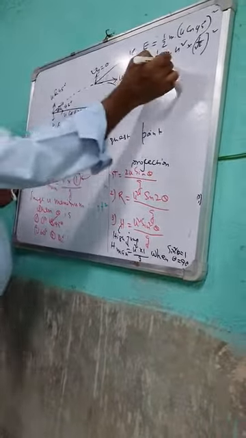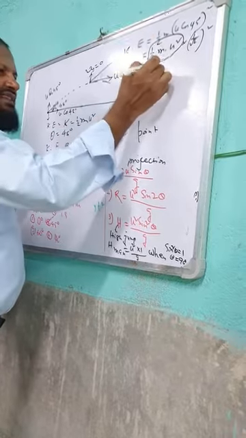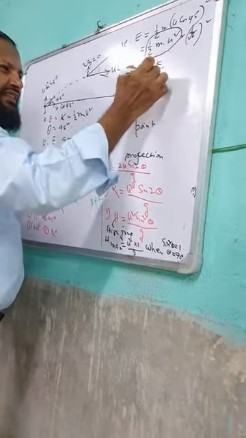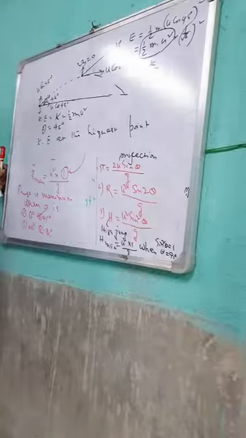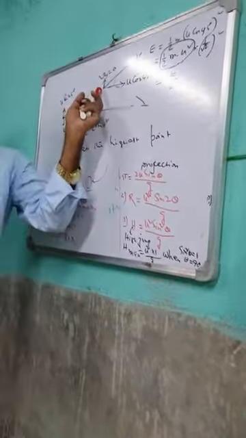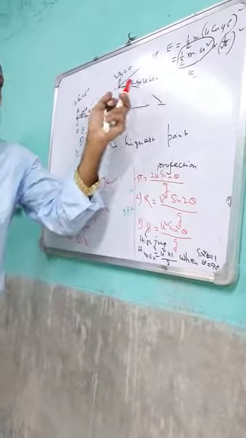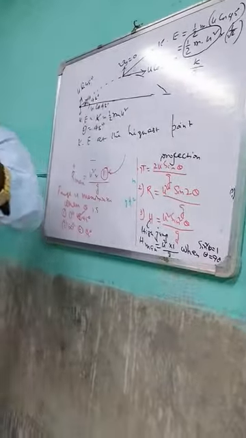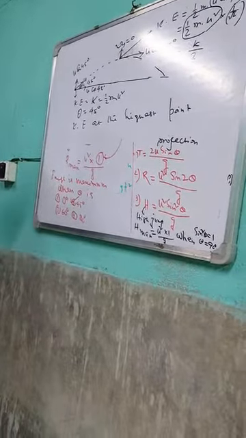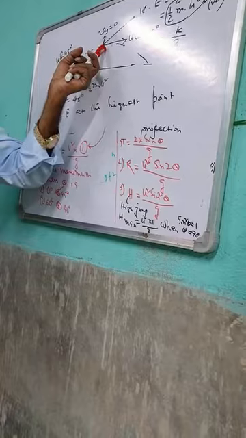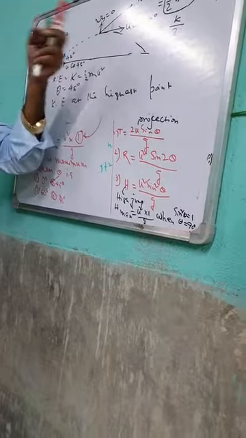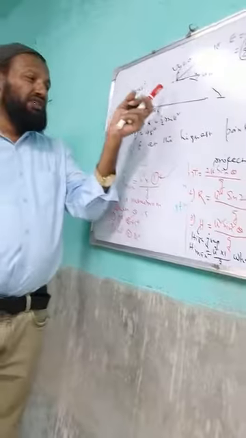Now this part is K and this part is the factor. Answer is kinetic energy at the highest point K by 2. In the MCQ, the options are: kinetic energy at the highest point is 0, number 2 K by 2, K by 3, K by 2 and K. This is the question. Please write down.